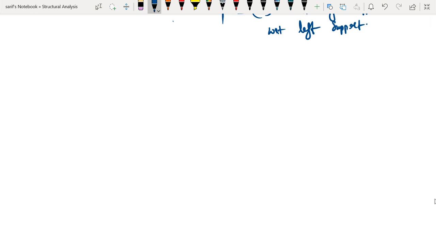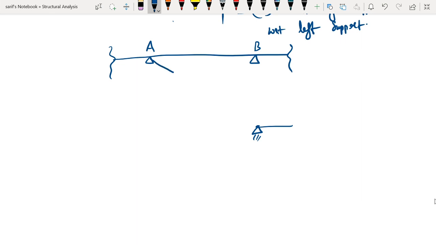So in the slope deflection equation, what we are going to do is consider an intermediate span of a continuous beam. So we are going to consider intermediate span AB of a continuous beam. Let us assume that support B has settled with respect to support A. This is B and this is A. So B has undergone settlement. Let us say the magnitude of that settlement is delta.